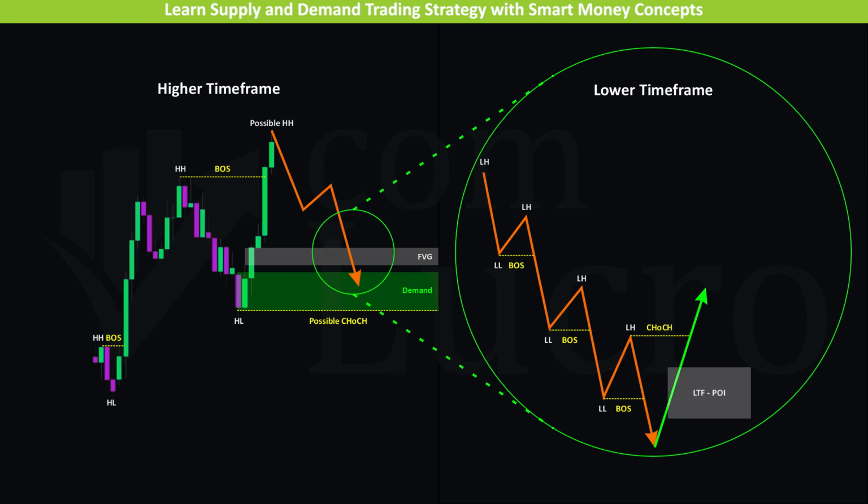This shift in market structure indicates that the short-term bearish move is losing strength and that bullish momentum is likely to resume. At this stage, price is expected to realign with the direction of the higher time frame trend. Once bullish structure is confirmed and continuation to the upside becomes the expectation, the focus then turns to finding a